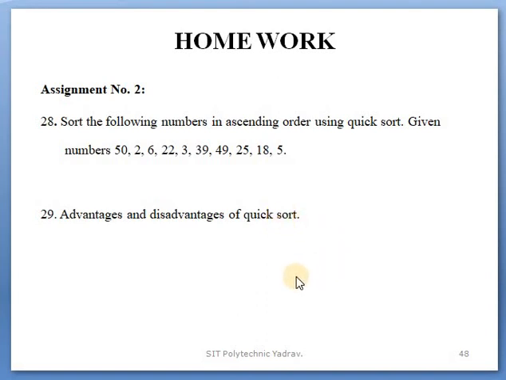A C program for quick sort is never asked in the board exam. Only C programs for bubble sort, insertion sort, or selection sort are asked, only those three programs. A C program for quick sort or radix sort is not asked. Only descriptions in the theory part are asked, or any example sorted through. No program is asked now, but in the future it may be asked, so I am giving that point.